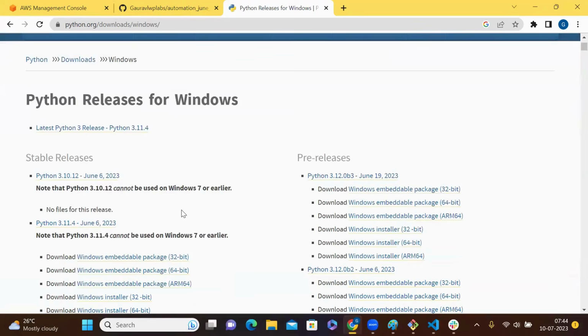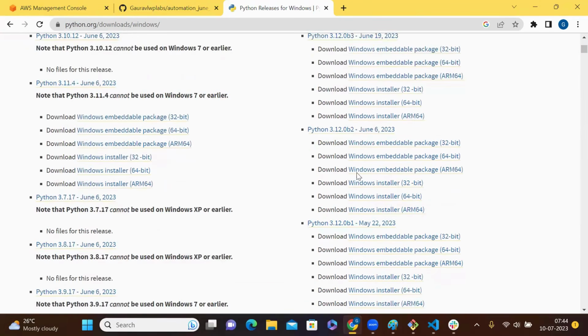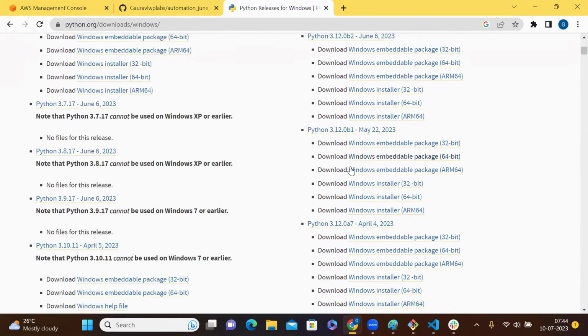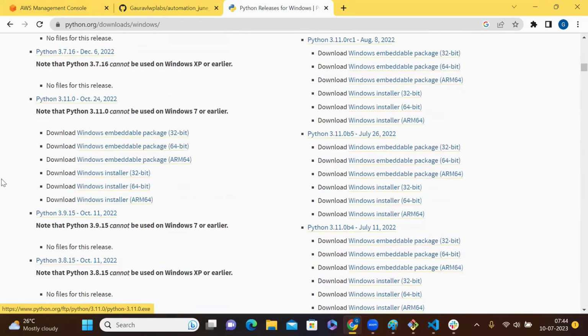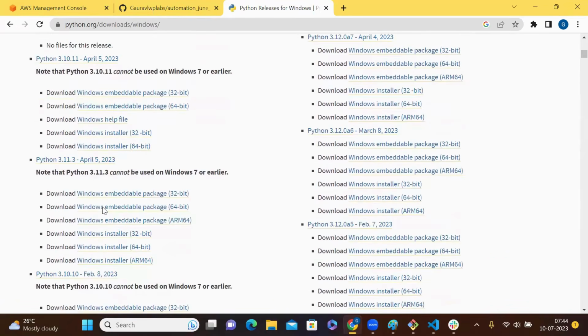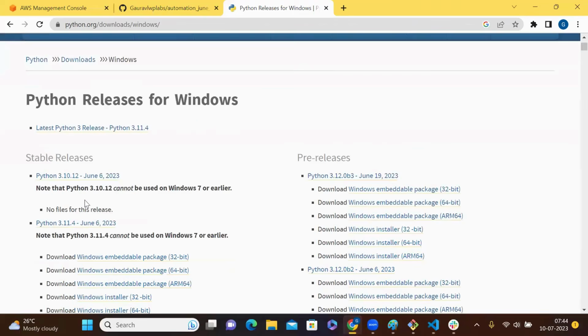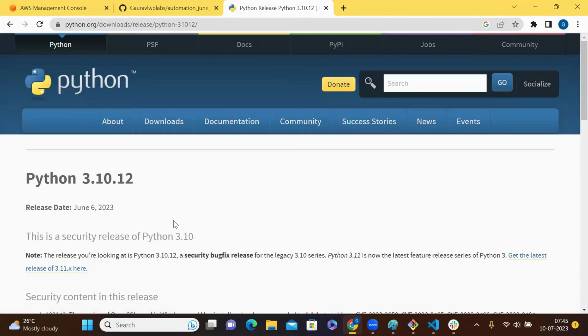Windows. So different versions: Python 3.12 is in beta version, and that's why it is B2, and this is alpha. You can download different versions of it. 3.10.2 is the stable release, so you can go ahead and download this. If you click on this,